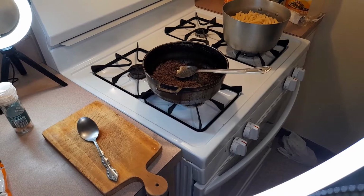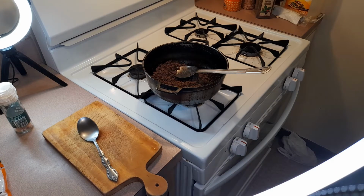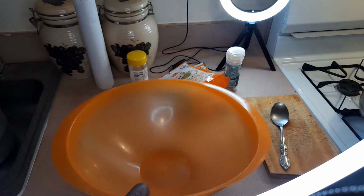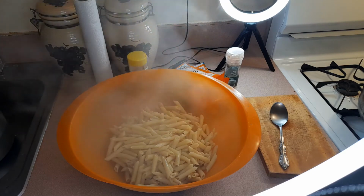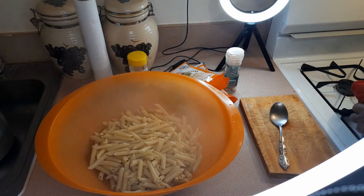So my noodle is cooked, so I'm going to go ahead and drain the water off at this point. I'm gonna drain it off, and I'm gonna pour it in my big bowl here. So here we go. This is a lot of noodles, and I'm also going to pour my cooked